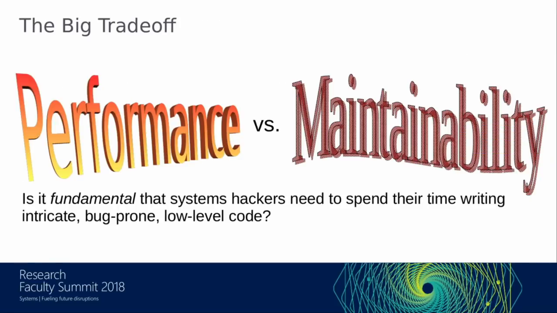So I started out posing this question: do we really need to spend our time writing intricate low-level code to get performance in the systems that we're building? And if we're talking about formal methods, it's probably not a surprise that we can, to some extent, get rid of that bug-prone quality, even if we keep writing the same kinds of code as before. But hopefully I've also showed how we can remove the need to write low-level code and do more of our thinking in a nice high-level way with more of the nice software engineering properties that we prefer to have.